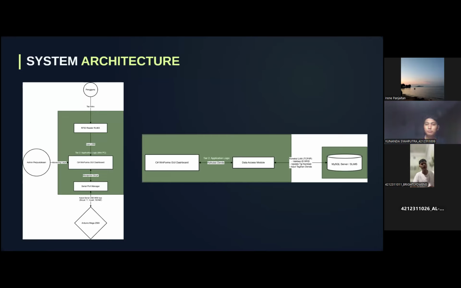What happens if the internet connection drops? Don't worry, our system has local caching. It will temporarily save all return records locally on the PC and automatically upload them to the main database once the connection is back. Okay, next slide.